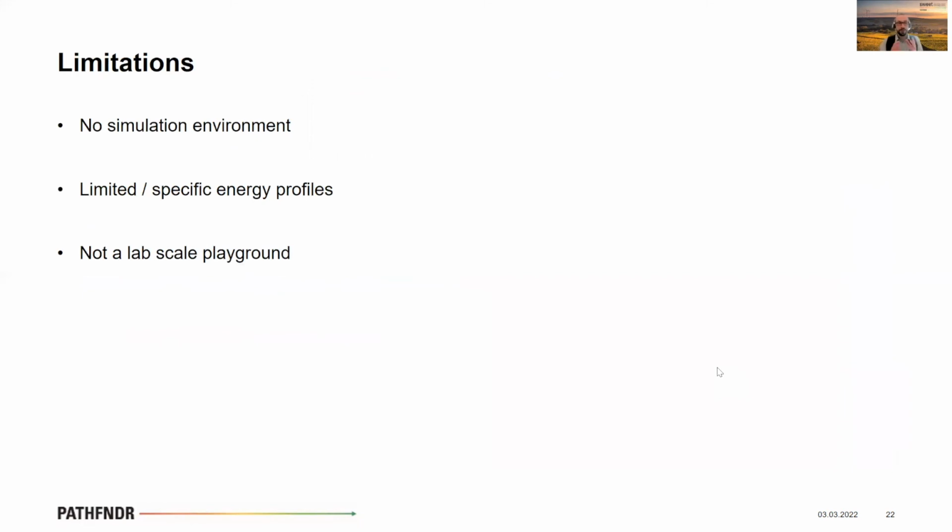Limitations: it is one specific setup which is intended to be used. So no simulation environment. The idea is to go to the system. We have specific energy profiles. The people who live there behave in a certain way, and this results in energy demand. We can ask people to behave a bit differently, of course, but this is how it is. In real life, you will see